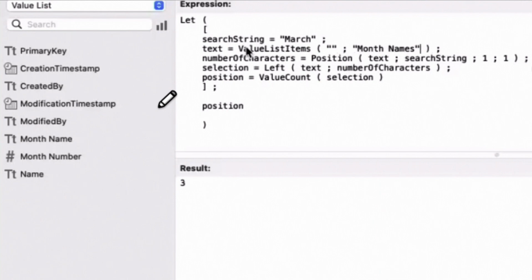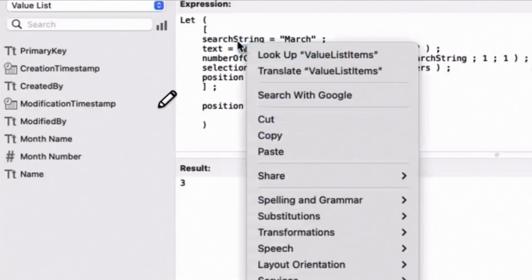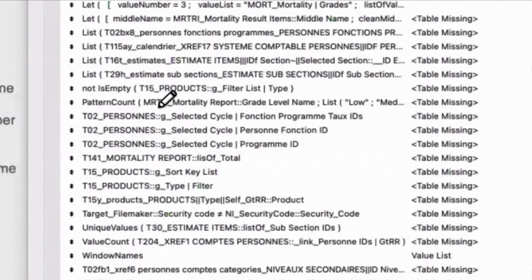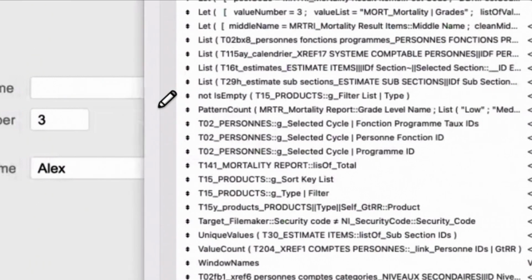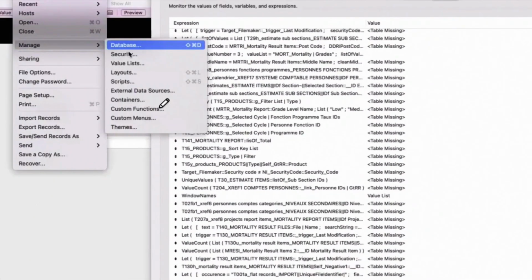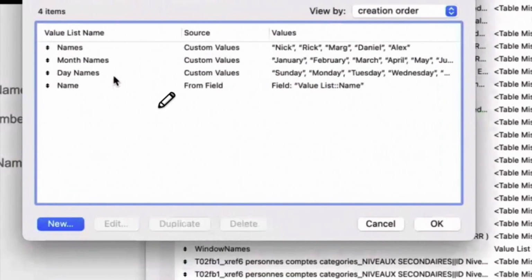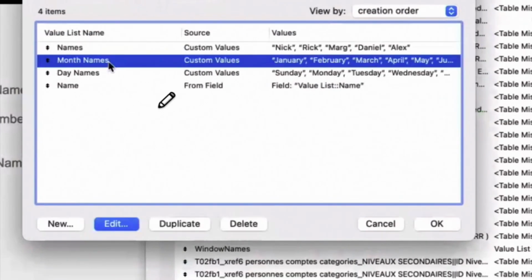So thanks to the value list items, it helps everything to work. Because I have a repository where I can put my value list. It's somewhere I'm dumping something.